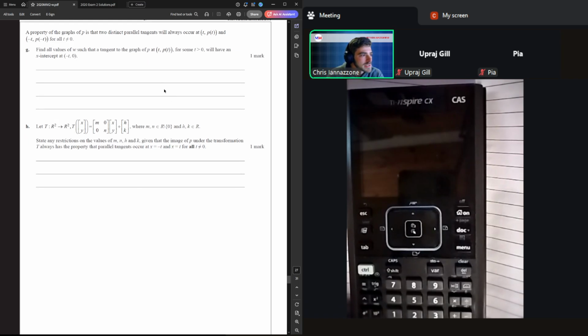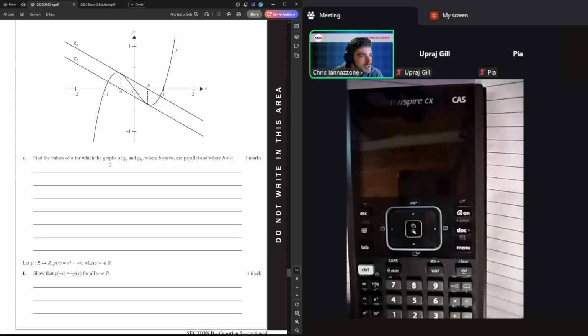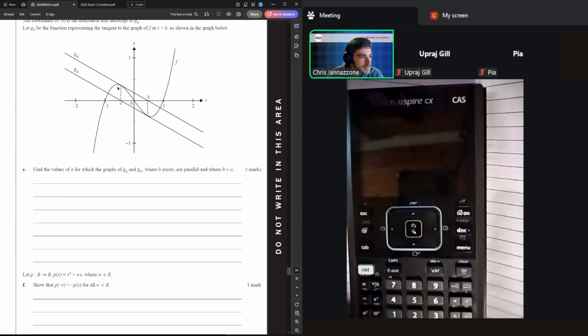All right, now we're going to start getting into more fun stuff. A property of the graphs is that two distinct parallel... Yeah, I mean, that makes sense. So basically this is a property of odd functions, where if you take a tangent line